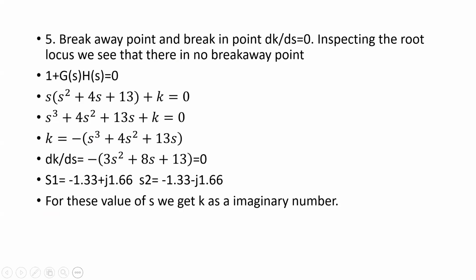But here it cannot be an imaginary value. First of all, there are no two poles on the real axis. Only if you have two poles on the real axis. See, if I have two poles on the real axis like this, this is the imaginary axis and this is the real axis. If I have one pole here and one pole here, there are two root locus branches, one comes from this end, the other comes from the other end, and they both converge here and then break away.